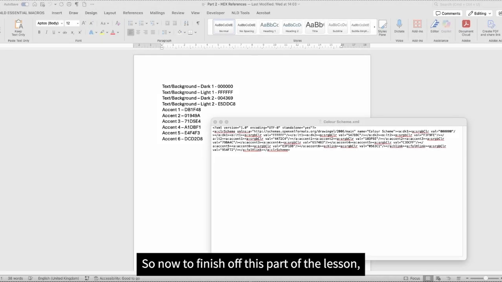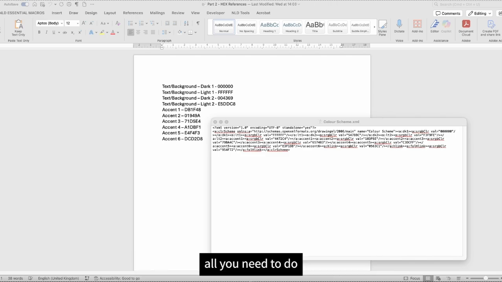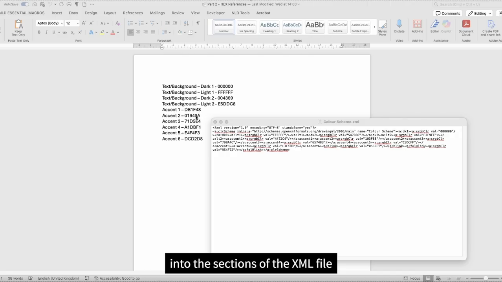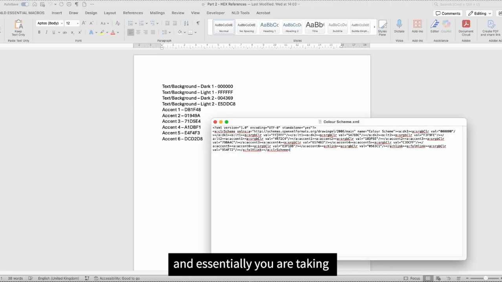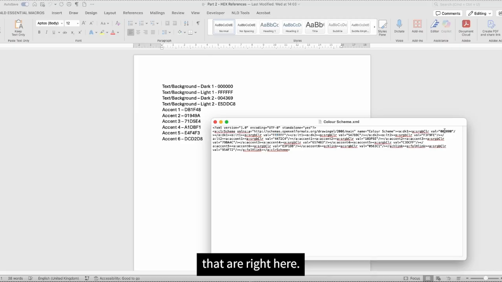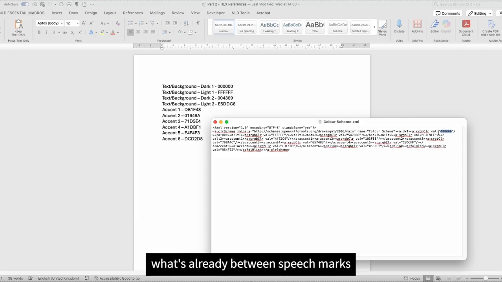So now to finish off this part of the lesson, all you need to do is to open the hex references file that's attached to this lesson and copy and paste the hex references in there into the sections of the XML file. And essentially you are taking the hex reference in the Word file and putting it in between the speech marks that are right here. So you just have to replace what's already between the speech marks and put the new reference in there. So this one, which is all the F's, goes right here